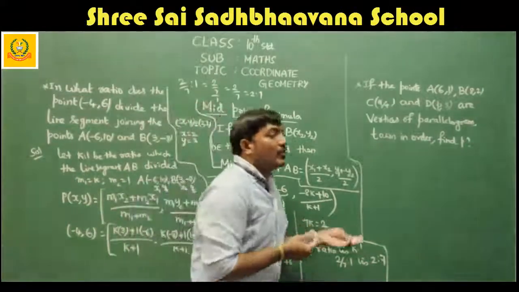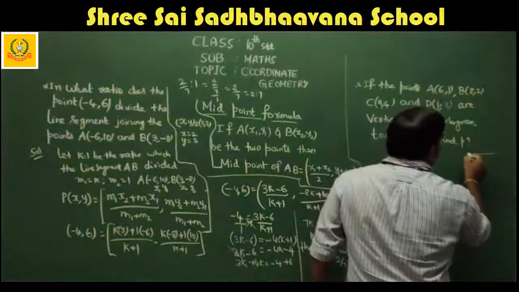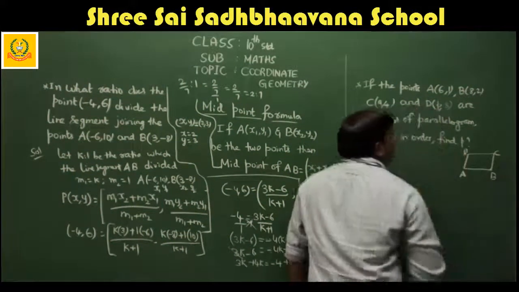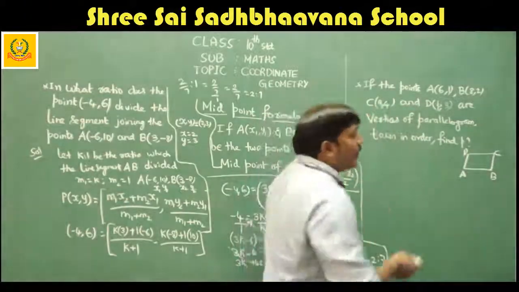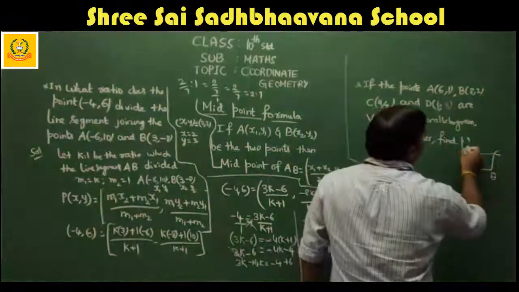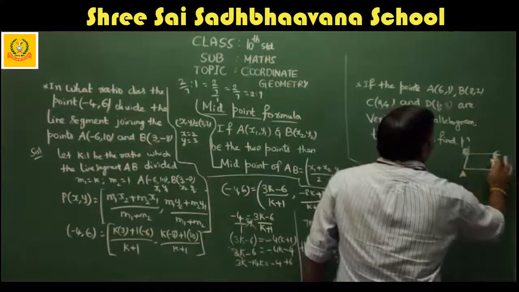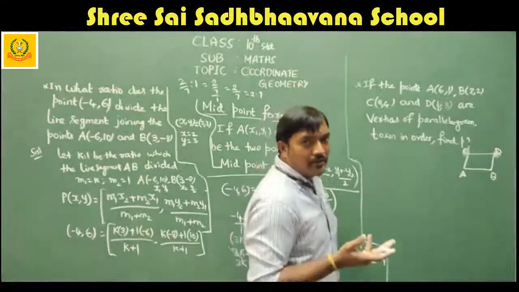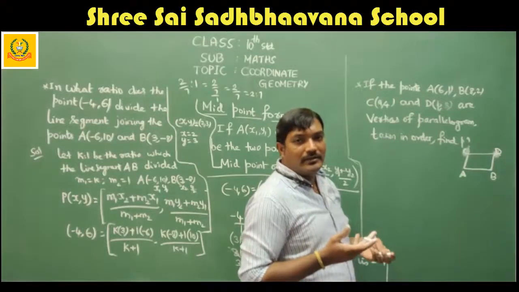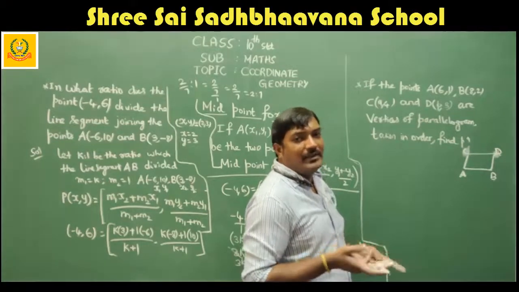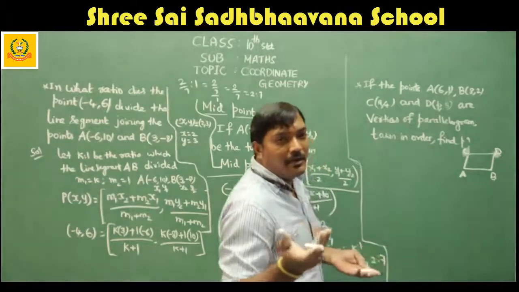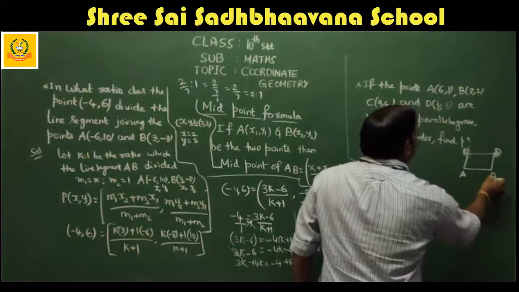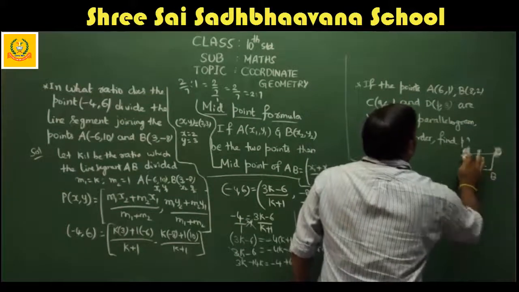Parallelogram. Whenever you draw the parallelogram also, you should draw like this. For example, here, A, B, C, D. Correct? I am taking all the points in an order. After A, B; B, C; C, D. Means you cannot say C here, D here. They are not in order. You check. A, C, B, D is not an alphabetical order. Do you learn alphabets like that? No, right? We learned like A, B, C, D. We never learned like A, B, D, C or whatever. So we learned in an order. So A, B, next C, after B, C, next D.